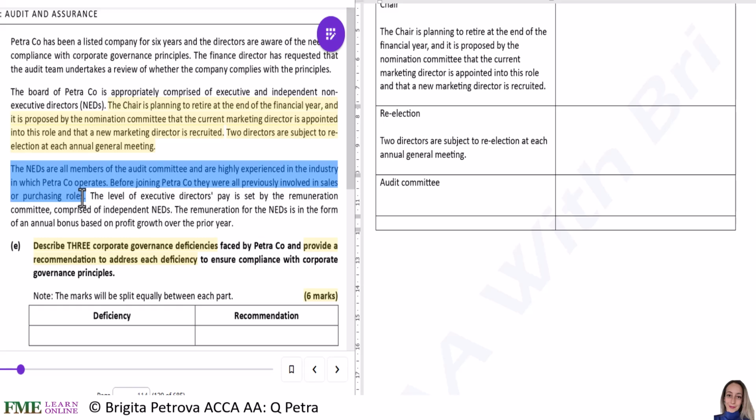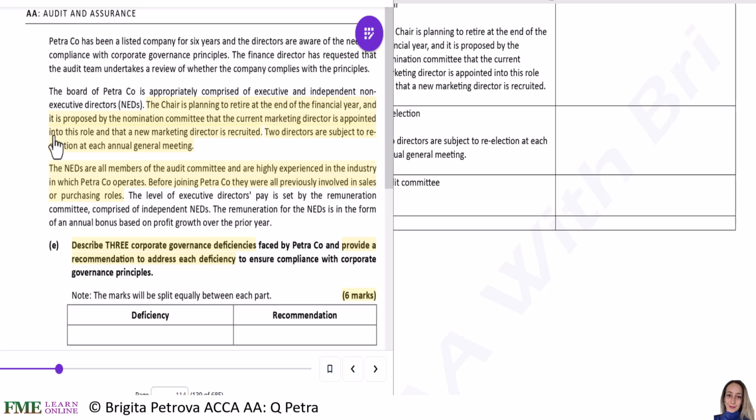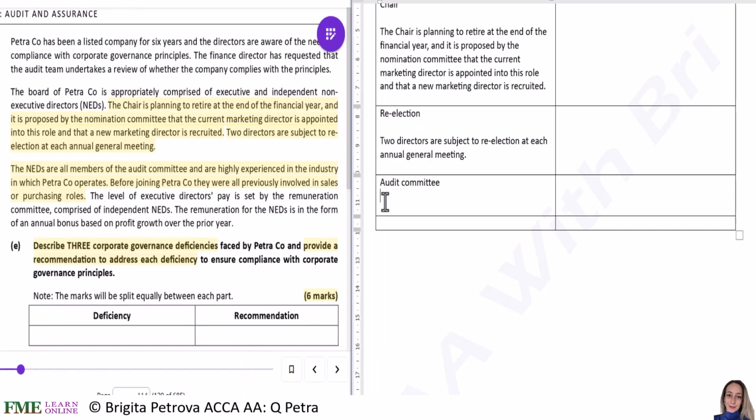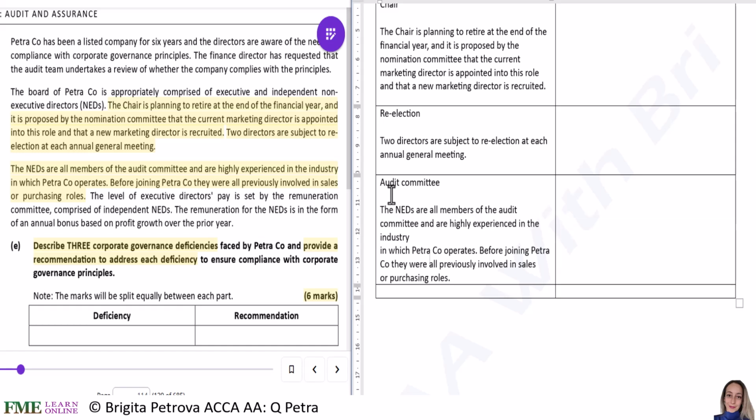Okay, 1 second. Here, highlight and then copy and paste. It's good to highlight, guys, because things stick out. It's not compulsory, of course, to highlight, but if you're like me, you might prefer to have them highlighted. I don't know. Just do what works for you, but definitely copy and paste it into your answer, because this